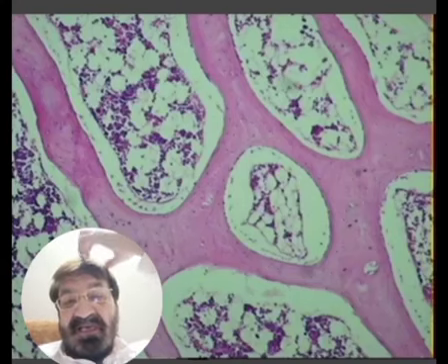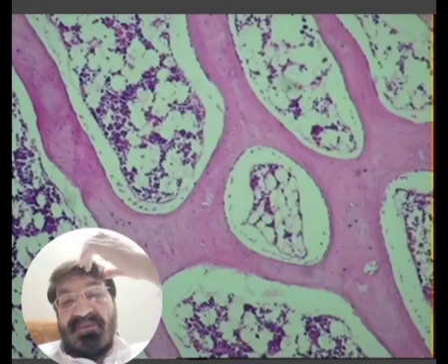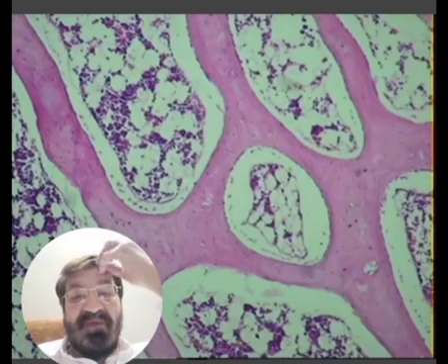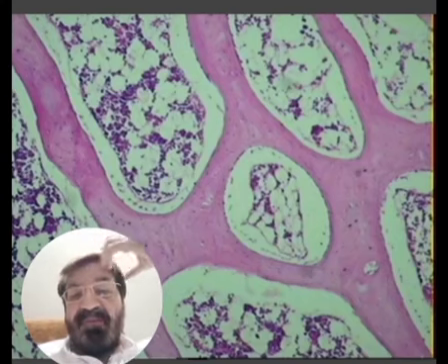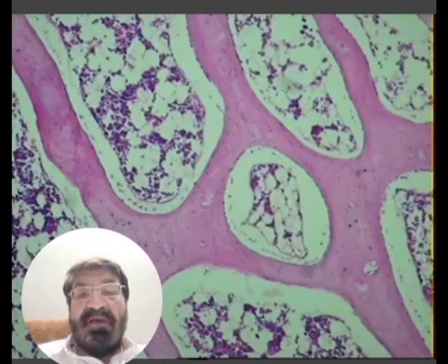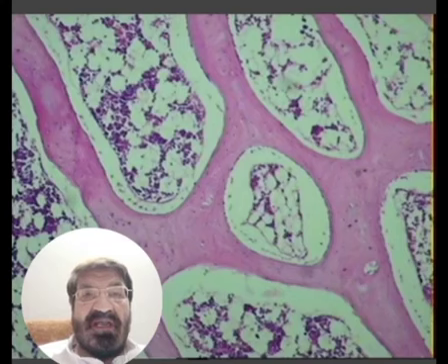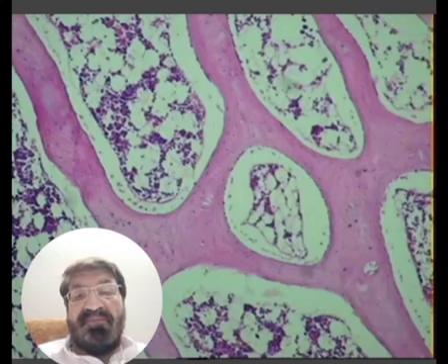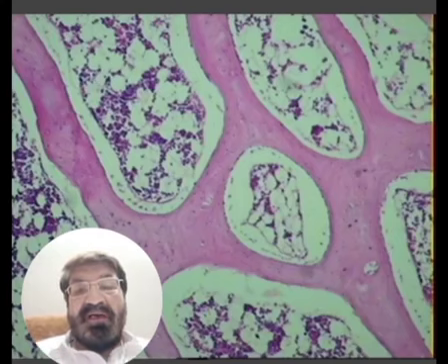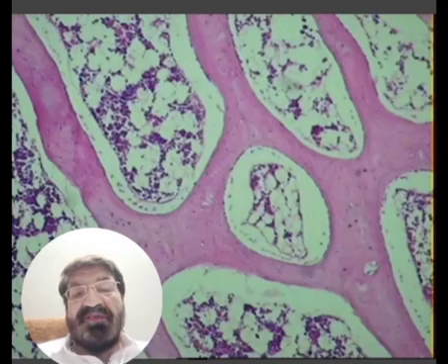skull. Our skull is made up of the calvaria. The cap of the skull is made up of flat bone, and it has got a table. On both sides there is a shell of the compact bone, and in between there is spongy bone. So spongy bone has got no osteons because there is a lot of empty space in between.